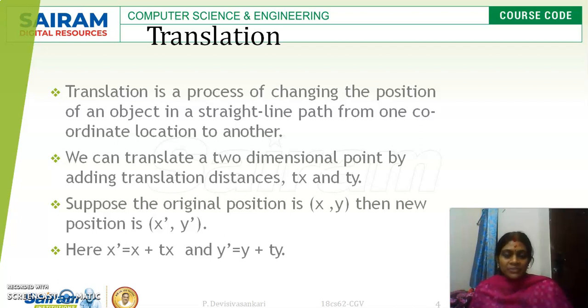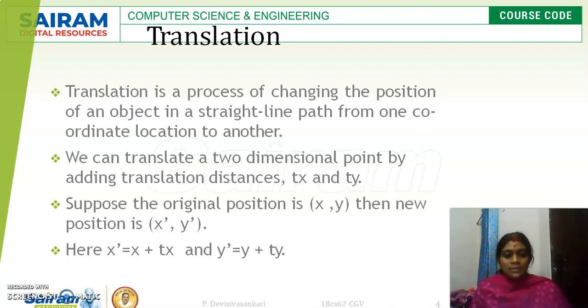There are five different types of transformations available. The very first one is called translation, and the second one is rotation. Then we have the scaling part, and other types of transformations are also possible. The next one is reflection, otherwise called mirror image, and the next one is shear. These are the different types of transformations basically available. So let us see what is translation.